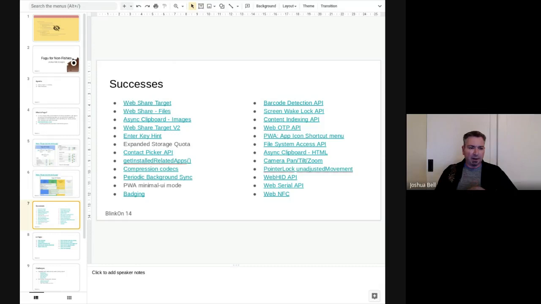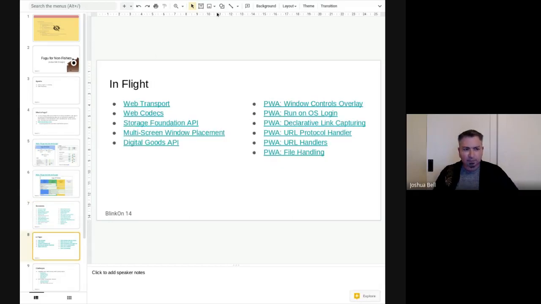These span from things that are very PWA-centric, such as being web share targets, things that have lots of user interface, such as the contact picker, or the web OTP mechanism, things that are a little more subtle, such as enhancements to the clipboard, device work, such as HID API, Serial API, NFC, advanced camera controls,